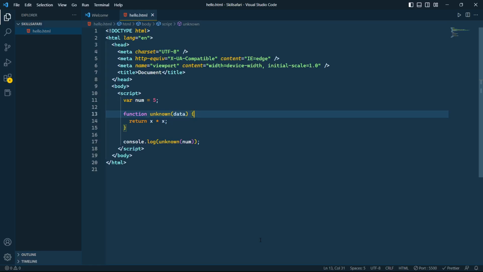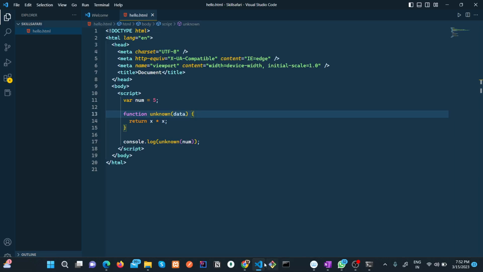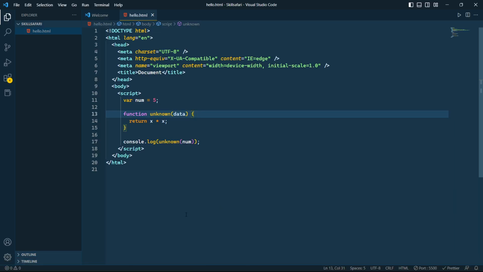Sorry, x is undefined. Why? Sorry, x is not defined here. In line number 14, we return x into x, but we're getting the parameter as data. Instead of x into x, we should put data into data. Yes, you are correct.